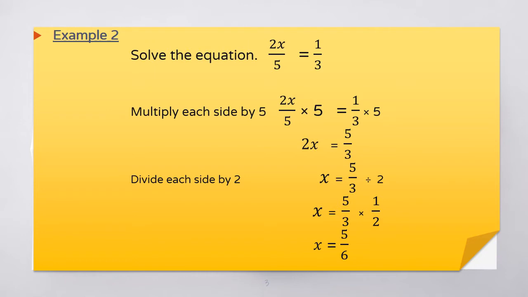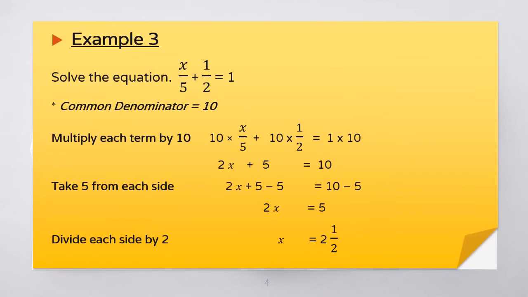When we are dividing fractions, the symbol is changing into multiplication after getting the reciprocal of the second number. Therefore, you are getting it like this, 5 upon 3 multiplied by 1 upon 2. If there are any common factors, you have to cancel them before multiplying. But here we cannot see any common factors. Therefore, please multiply out the numerators together and the denominators together. 5 times 1 makes 5. 3 times 2 is 6. Therefore, the answer for x is 5 upon 6.